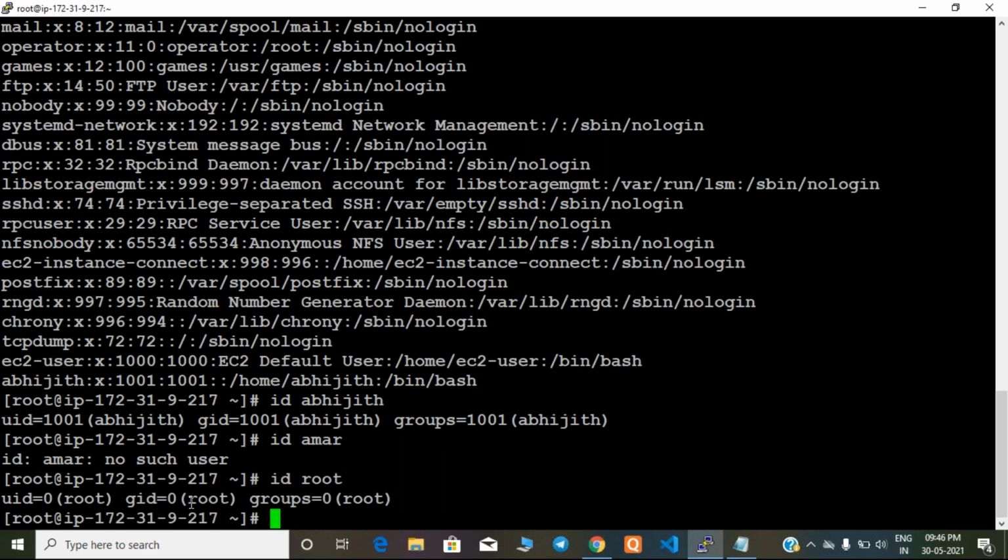Generally, you know that a group is nothing but a group of users. You can add the users into a group. But why do we need a group? I will explain in some time. But as of now, remember that every user is part of one group, guys. Same group. id